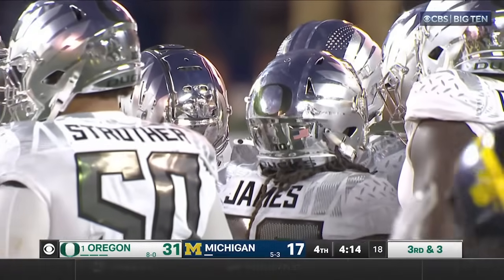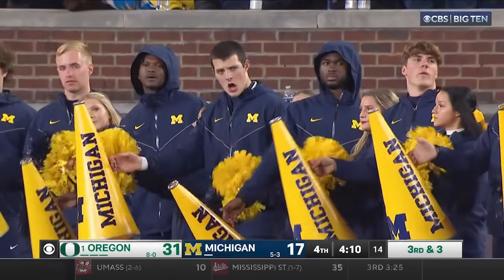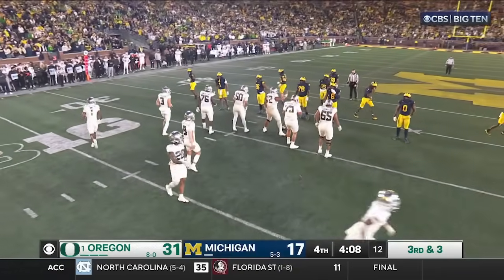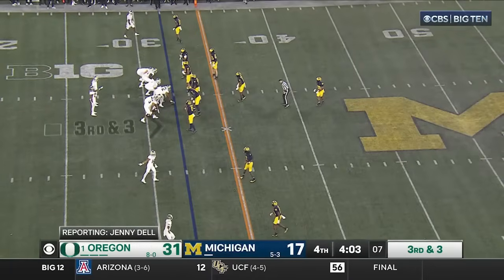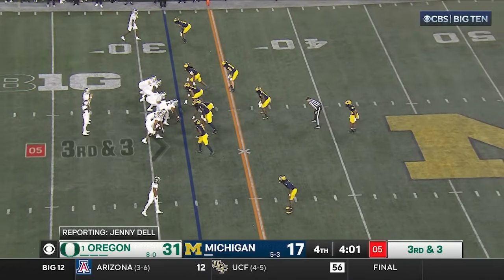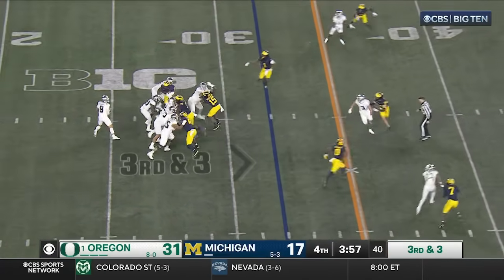They're missing one of their linemen, Jenny. Yes, they are. Marcus Harper, he got rolled up on, went straight into the injury tent. He came out with his left knee wrapped up with ice, so obviously done for the game. Kawika Rogers is the guy that took his spot in there on 3rd down and 3. Gabriel